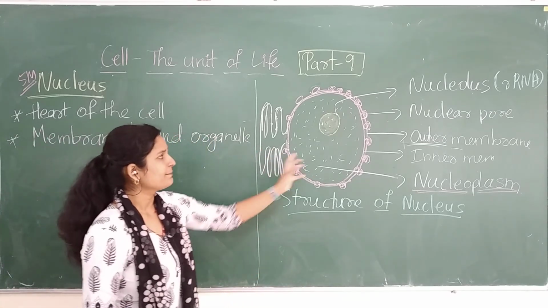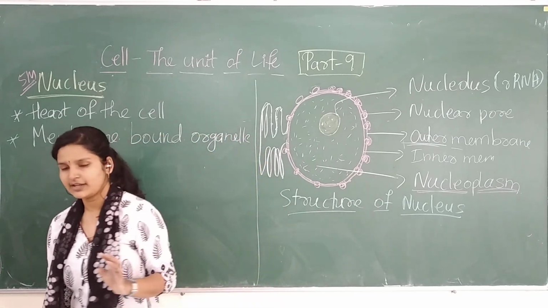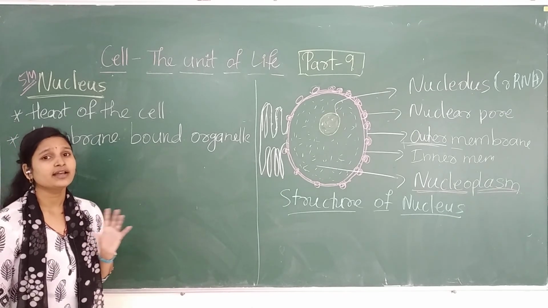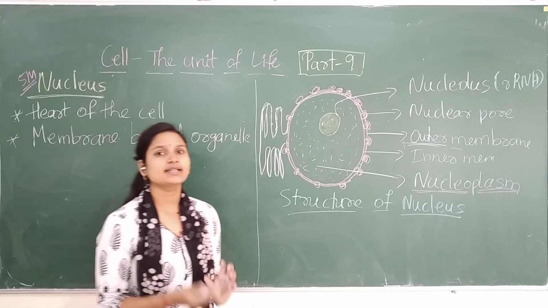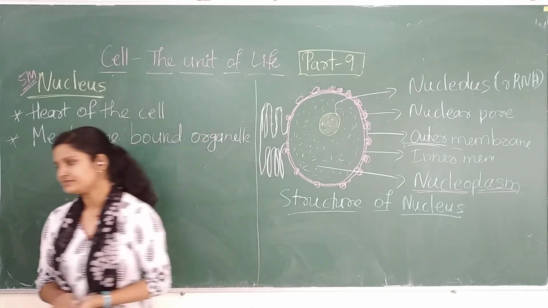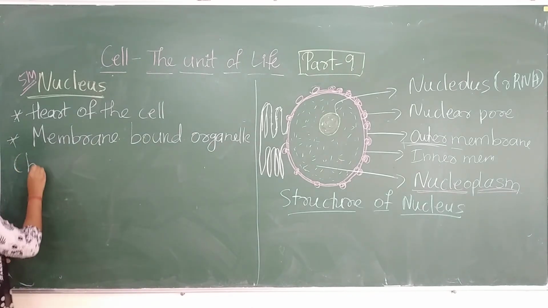Try to understand, these structures are very important. It is called the heart of the cell. Why? We have seen why it is called the heart of the cell. It is performing a very essential function. It is preserving your genetic content. Now we'll study the structure of the chromosome.